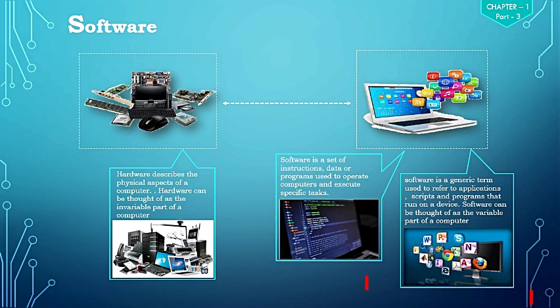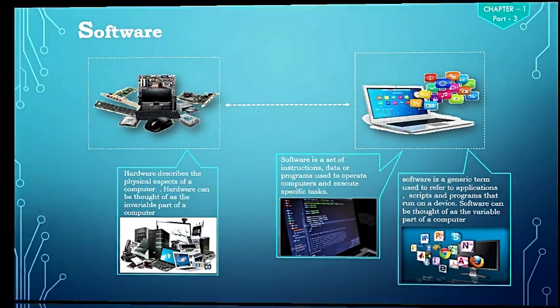So the question arises, what is the need of software? The sole purpose of the software is to make computer hardware useful and operational. A software knows how to make the different hardware components of a computer work and communicate with each other as well as with the end user. We cannot talk to or interact with the hardware of a computer directly. Hence, a software acts as an interface between human users and the hardware.